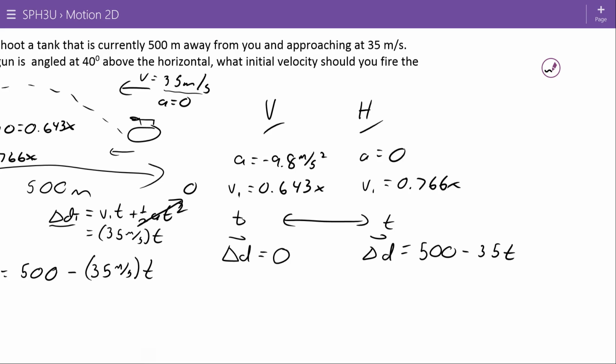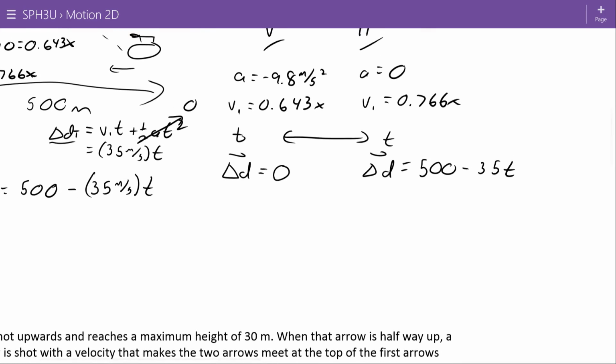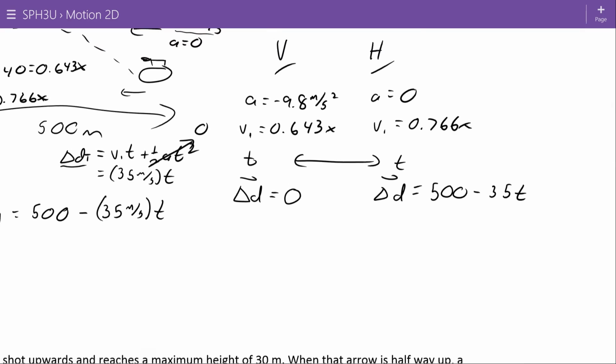Okay, with that in mind, I'm going to write an expression for vertical displacement and an expression for horizontal displacement and do my best to see if I can combine the two things. So vertically, my displacement is going to be equal to v1t plus 1/2 at squared. I'm actually going to use that equation in both dimensions, but vertical displacement is